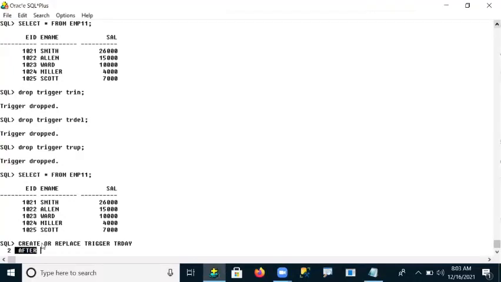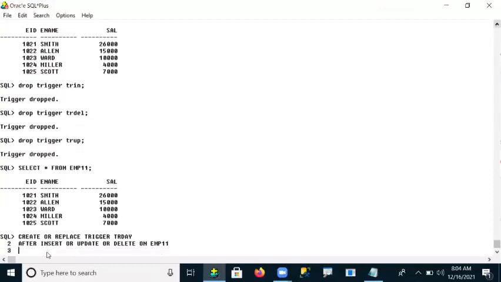Any keyword you can use. I'm using DML operations, insert, update, and delete, on the EMP11 table. And now what is next?